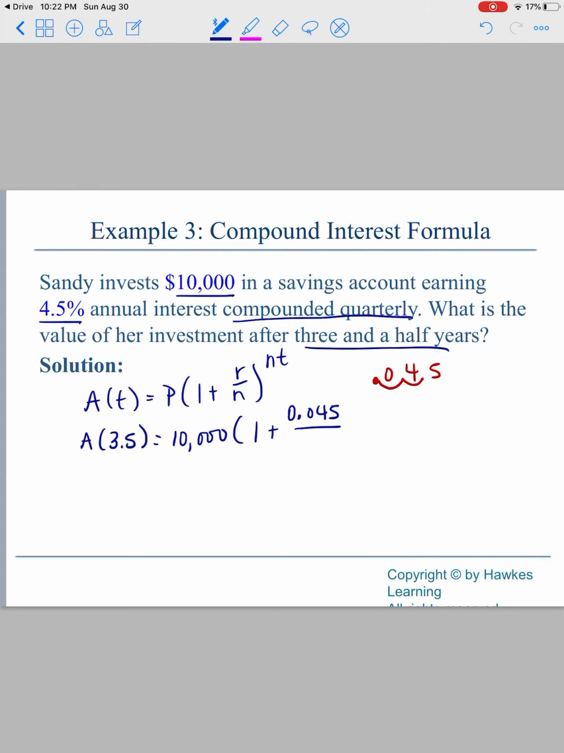That goes 0.045 divided by n. How many times a year does this compound? If it compounds quarterly, there are 4 quarters in a year, so that's going to be 4. And then it's raised to the n times t, so 4 times my time, which is 3.5. Now, you can plug all of this into your calculator at once, or you can do it in little parts. That does not matter. But after 3.5 years, once you plug this into your calculator,